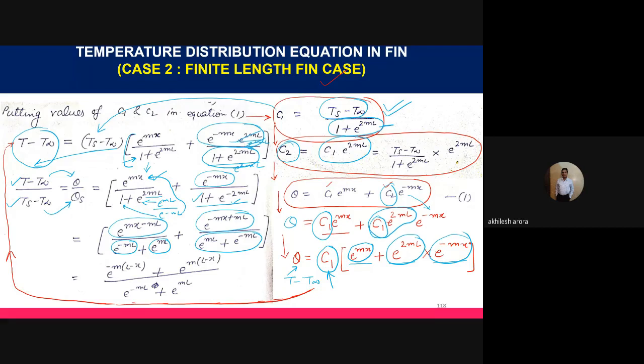And now the denominator of both the terms is the same. This one and this one, this is the same now, so this has been taken here. And finally, in the first term, it becomes e raised to power minus m(L minus x), because this term was minus ml, so minus m has been taken common. Similarly, here also it is ml, so I have written it as e raised to power m(L minus x). So it is minus m(L minus x) and plus m(L minus x). Now there is a particular reason why we are doing it in this manner.